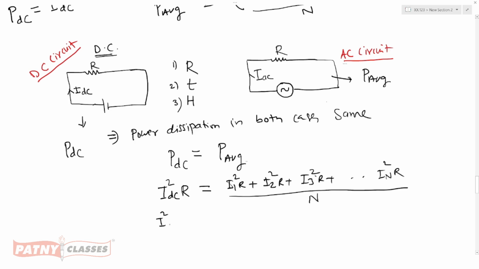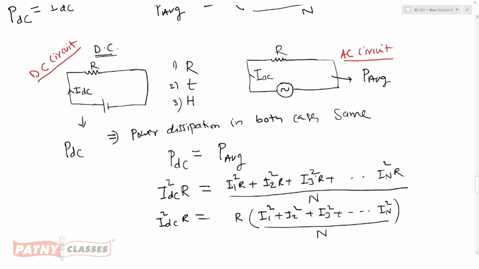So I square DC into R. Now taking the R common, so we have I1 square plus I2 square plus I3 square plus and so on IN square divided by N. Now cancelling both sides R value,